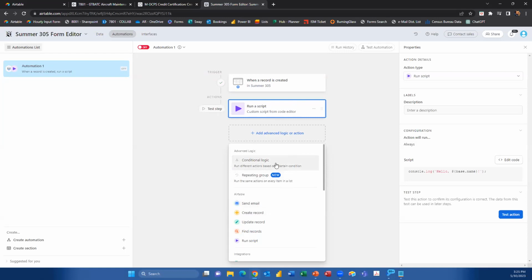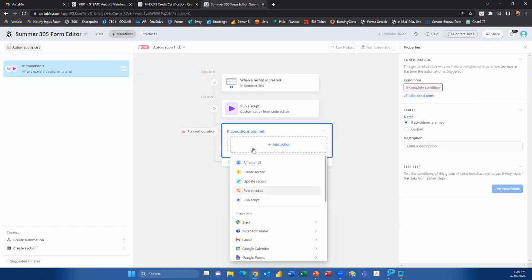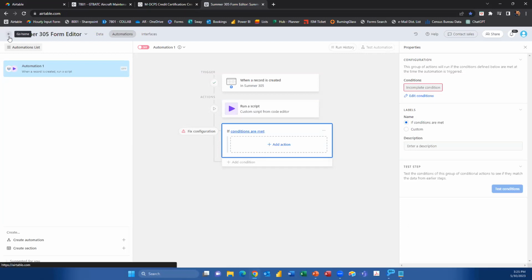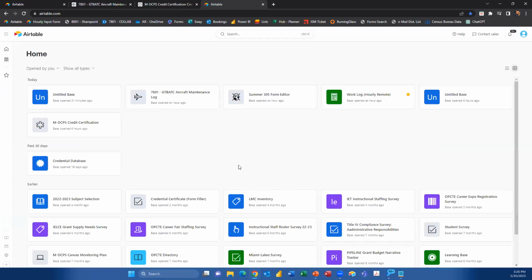So the first thing is a conditional logic, which determines whether or not it's going to run this automation. So it could be you're telling Airtable to run an automation when you create a record, or when a record is modified or when a record is deleted. And based on that, it will run a script or create an email and send an email, or run an integration from one of the various different softwares that are connected. So in order to show what that looks like, I'm going to go to